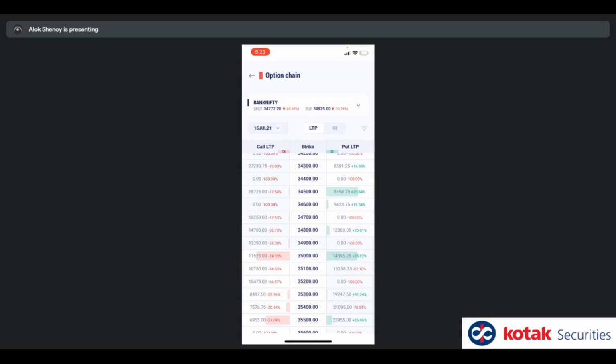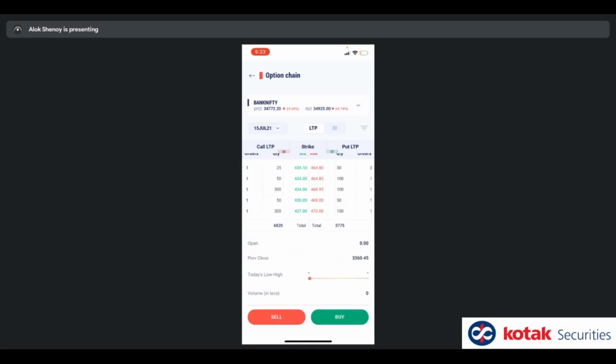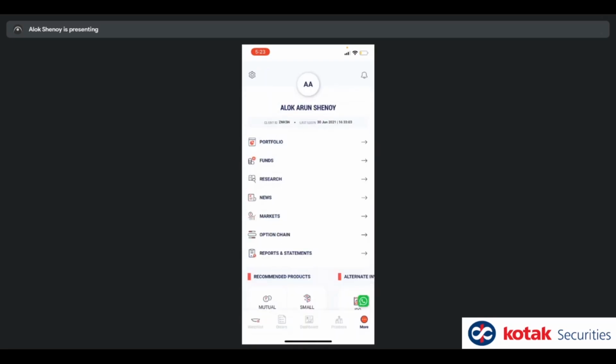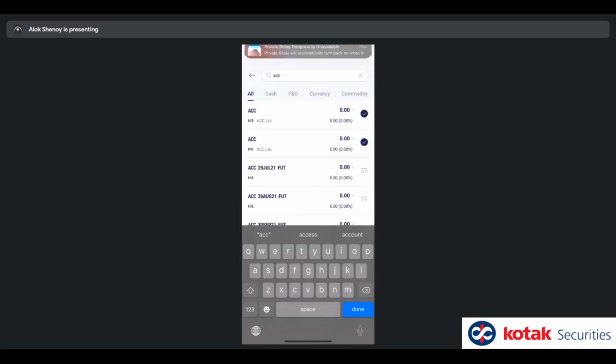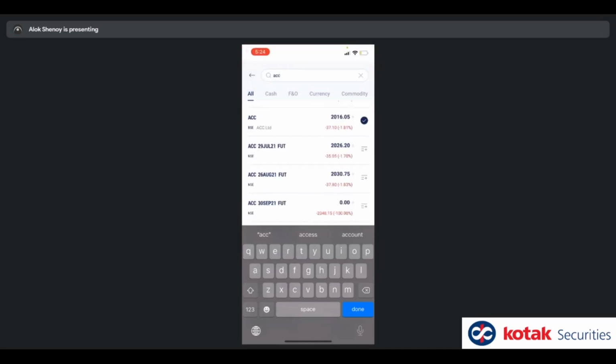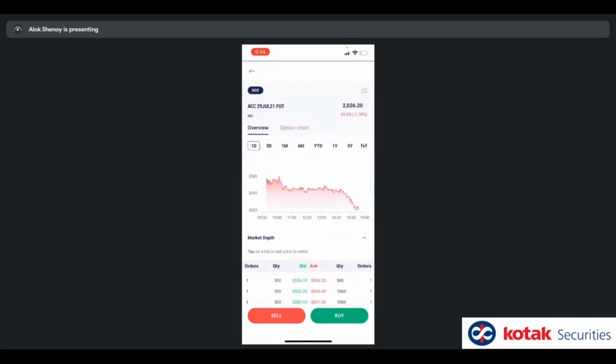I'm seeing a few people asking about charts and about how to save indicators on charts. And I'm seeing some people talking about charts with respect to options. So give me a second. I'm going back to my watch list. Now here, I'll just take something which is not Nifty so that people are getting a sense. So it's ACC. I'm seeing 29 July FUT. I'm just opening this up. I go full screen. That gives me more space. You can see the chart here.